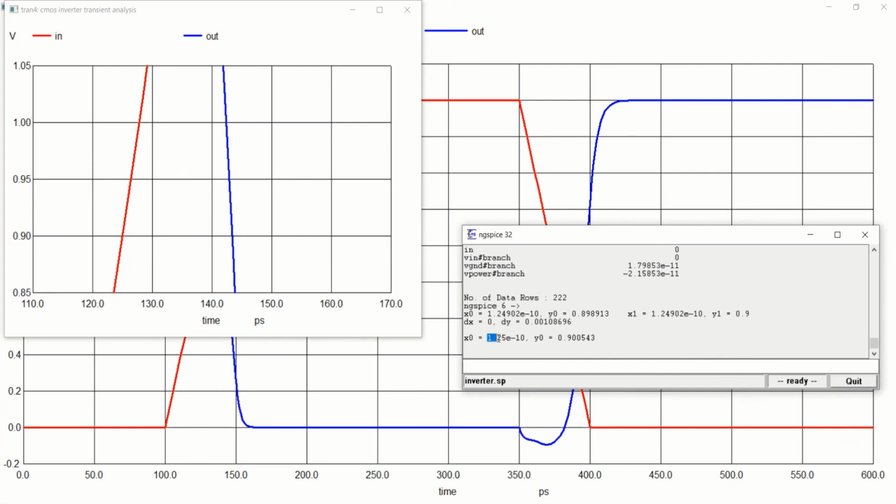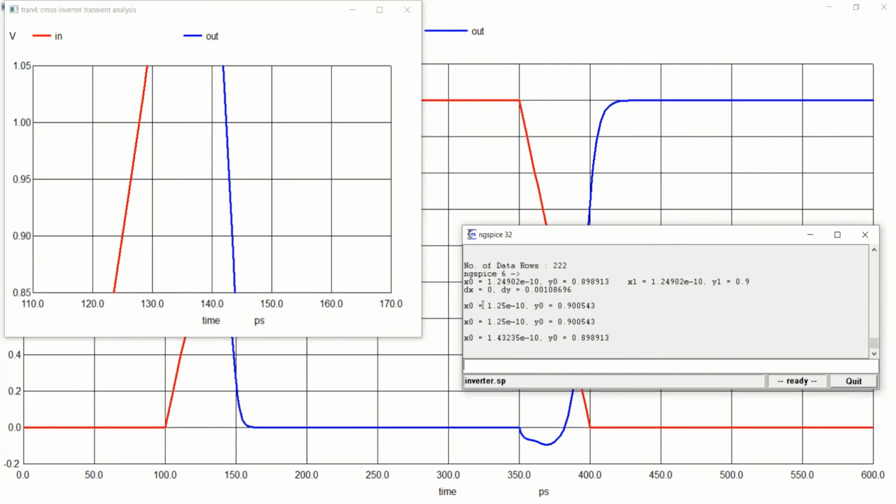So you can see the X value as 1.25. Similarly, you can click on the blue tracer as well at this 0.90. So you can see that it is around there. The difference between these two, that means the difference between this point and this point, will give you the fall time delay.